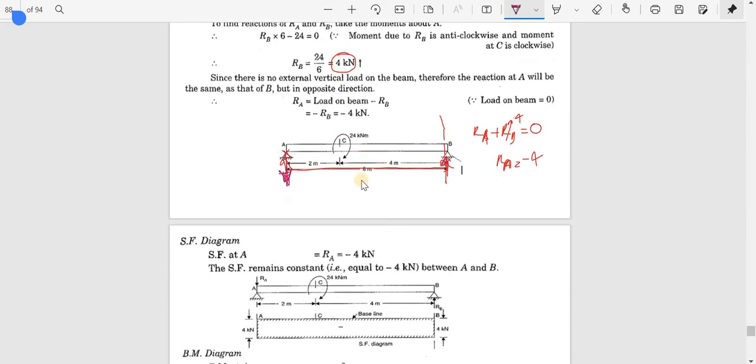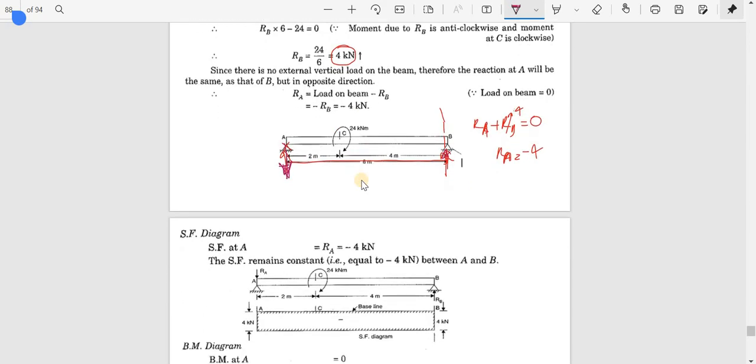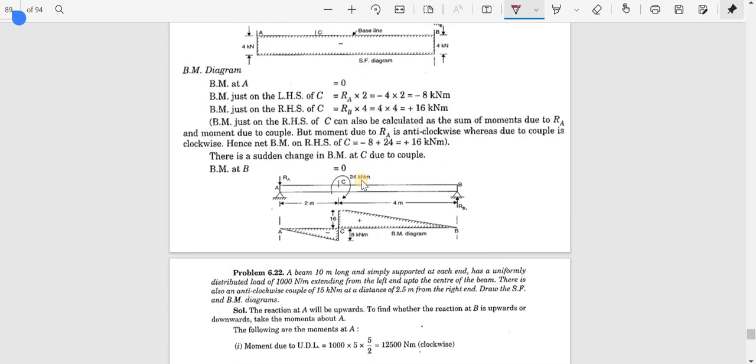Now first of all I have to draw the shear force diagram. So in the shear force diagram it will be like this. If I am starting from here, since it is to the downward side, it should be to the down, then there is no other loads and it will be negative. That is shown here. Okay, that will be negative only. So you just understand. Now next is the bending moment.